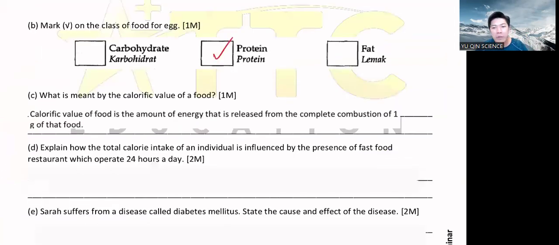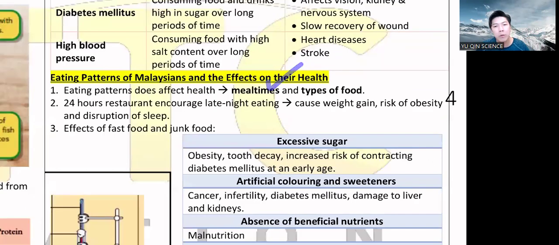What's the characteristic of fast food? Fast food is always not healthy, right? The nutrients are imbalanced. Number two, what's the problem with 24-hour? 24-hour means your meal time problem. So these are the two focuses we're talking about: the types of food, the nutrients that we are getting, and the wrong meal time sometimes, when you take supper.